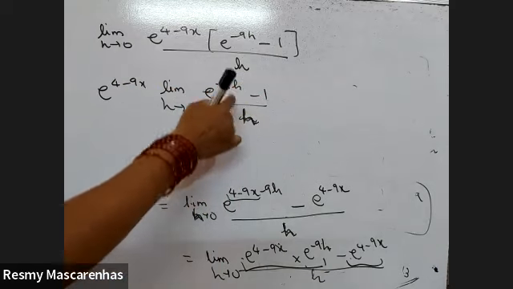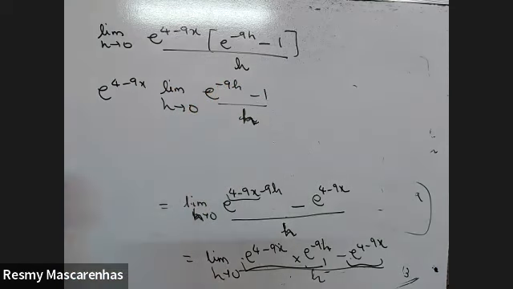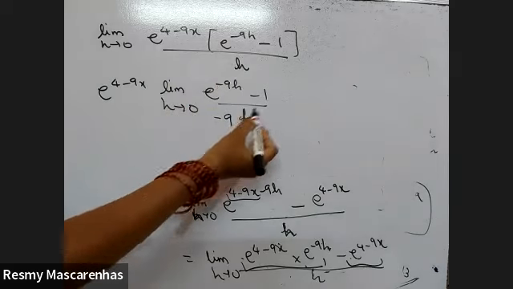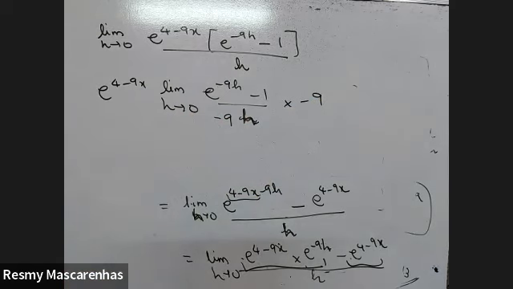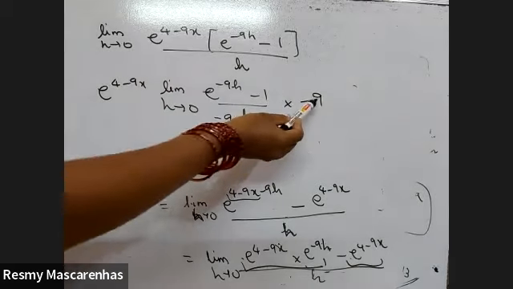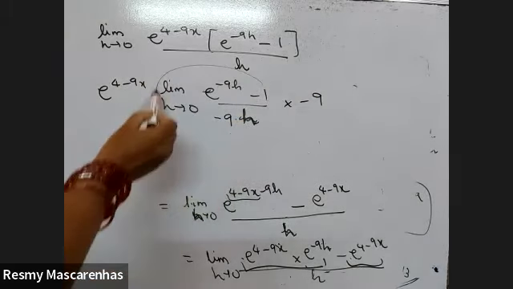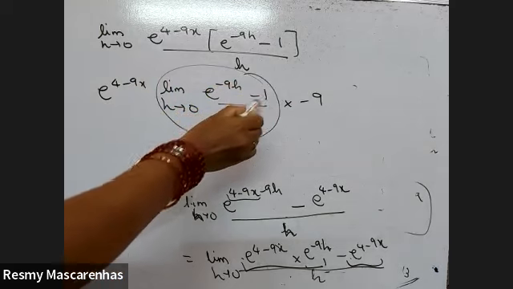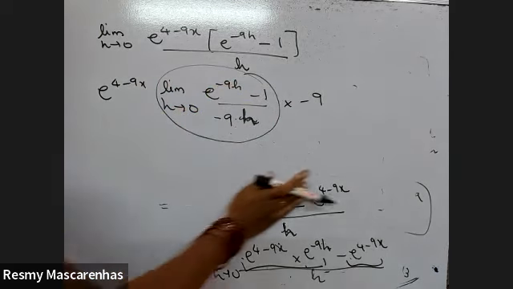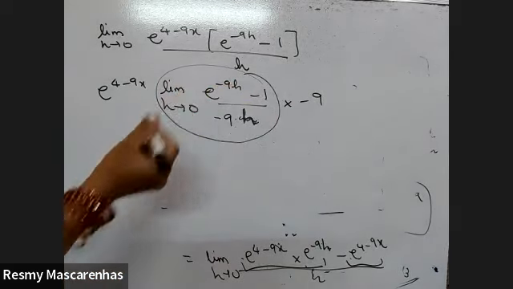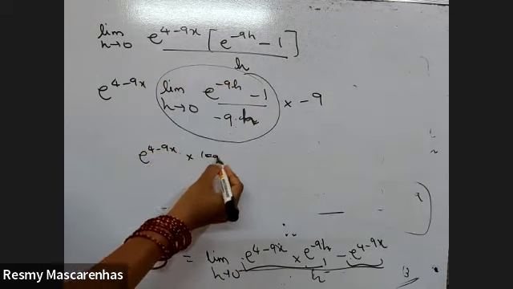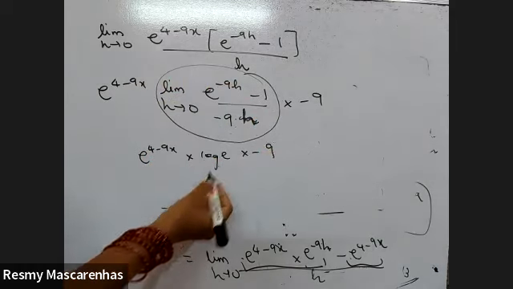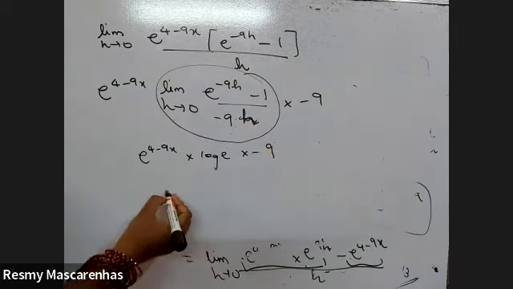Again same, this and this have to match. So now you have to balance it with -9, so that this power and this power match, you have to introduce -9. Now this is the same: a raised to something minus 1 upon that same thing is log a. Log a means this will be log e now. Log e value is 1. So the answer is